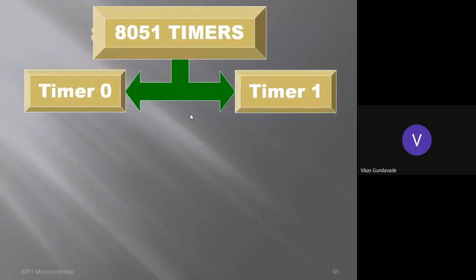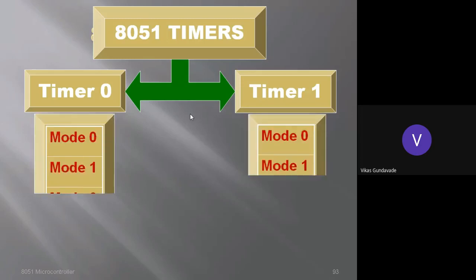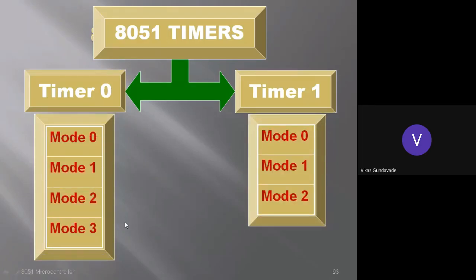Okay. So for 8051, we have 2 timers, timer 0 and timer 1, in which timer 0 works in 4 different modes. Mode 0, it is 13-bit timer. Mode 1, 16-bit timer. Mode 2, 8-bit auto reload mode, and mode 3 is split mode. But timer 1 is used with 13-bit timer, then 16-bit timer and 8-bit auto reload mode, or mode 2. Mode 3 is not available in timer 1. Why is it so?